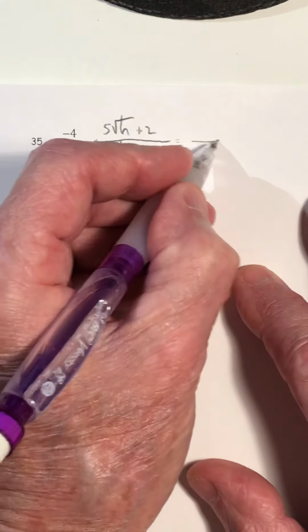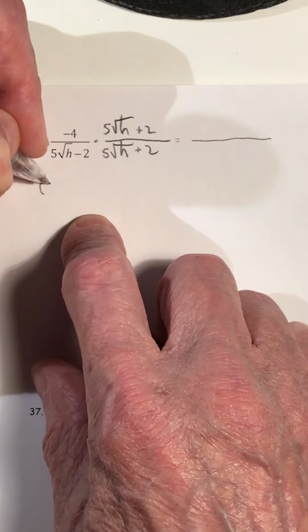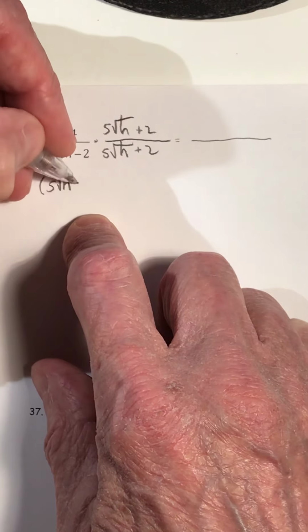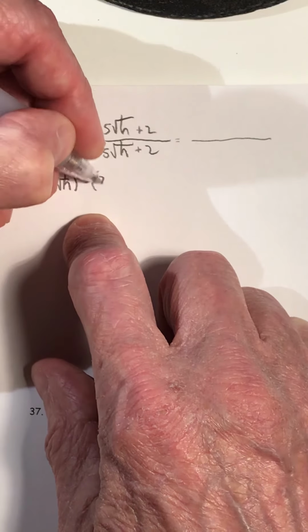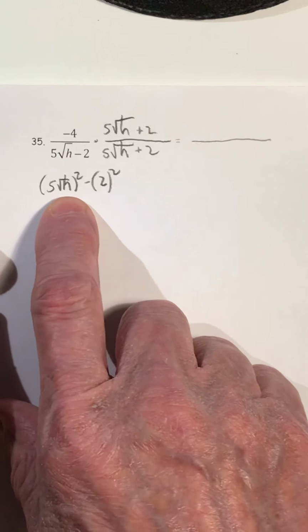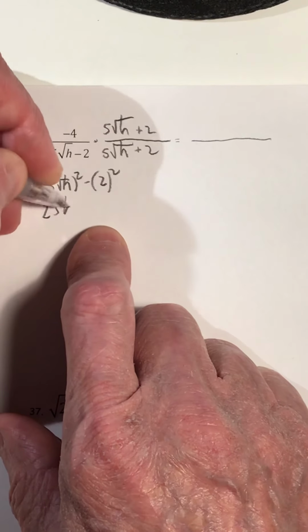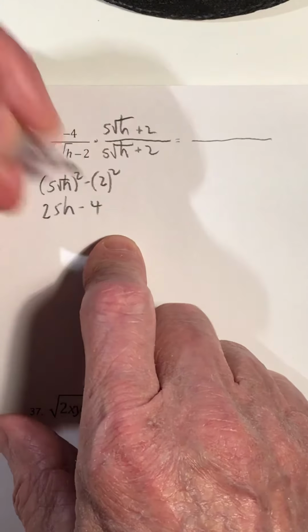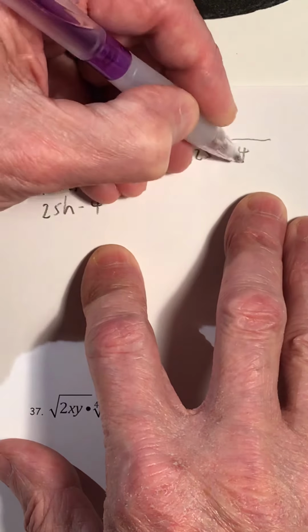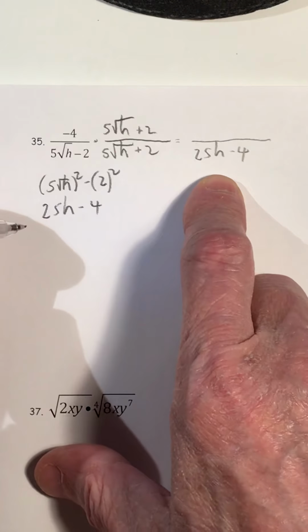And if we shortcut that out, write it down this way again. So the square of 5 square root h, that'll be 25h minus 4. So it's 25h minus 4. See, no more radical sign in the denominator. That's our objective, to get a